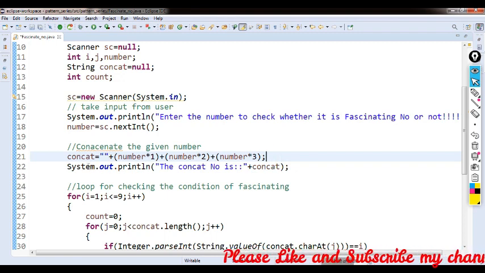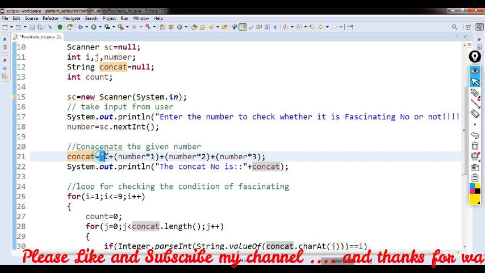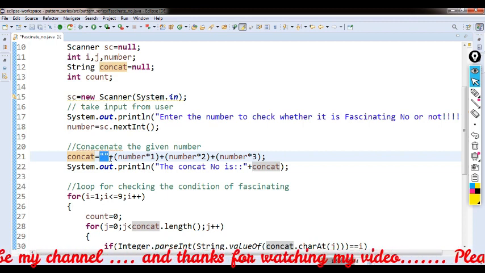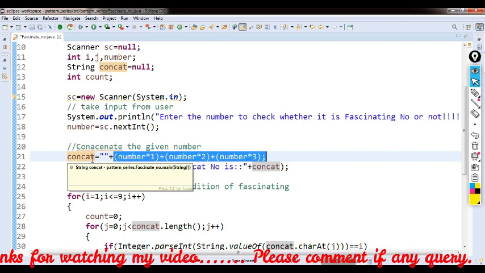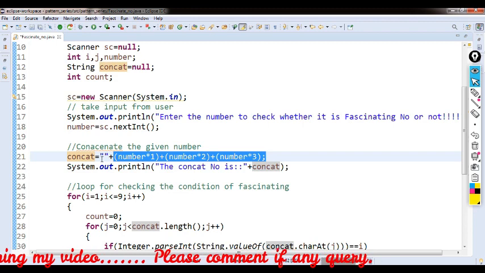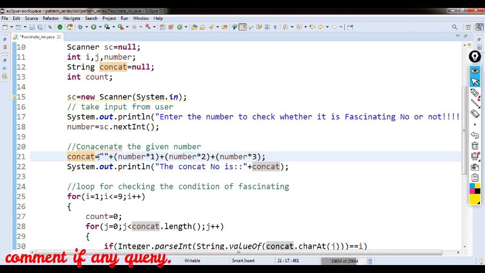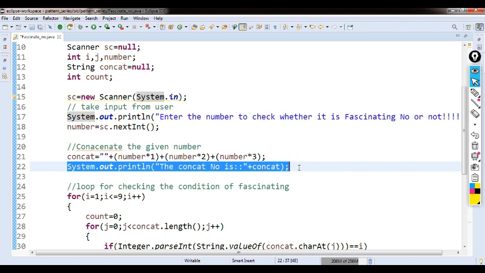Because it is of a string type. If we do not take this blank space as a string, it is not converted into a string automatically, and a type exception occurs. So to avoid this we can use this. So here step 2 and 3 are fulfilled. Then we print the concatenated string.